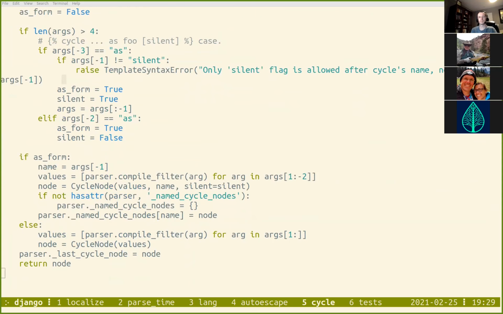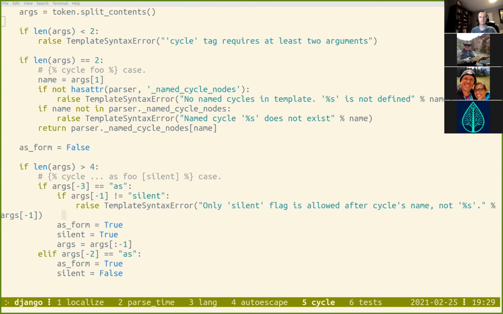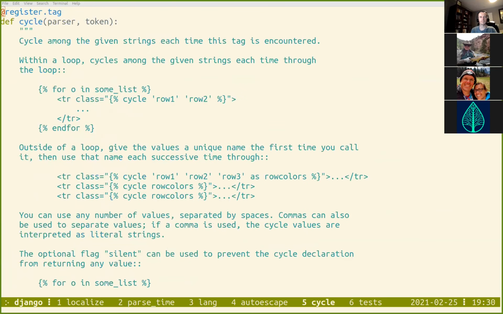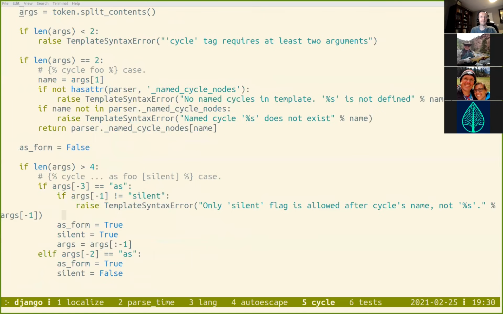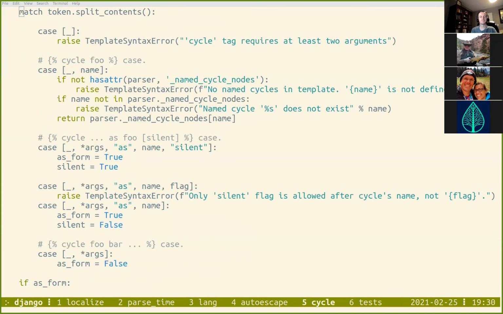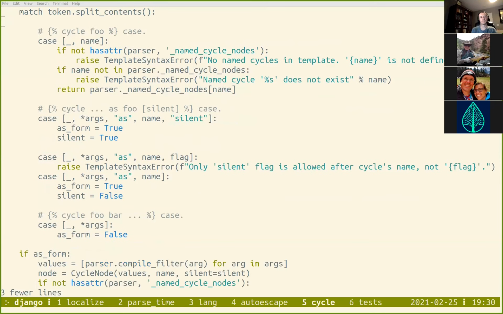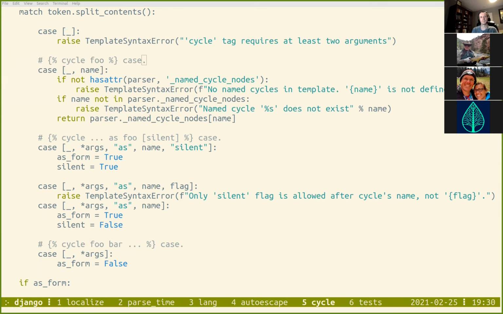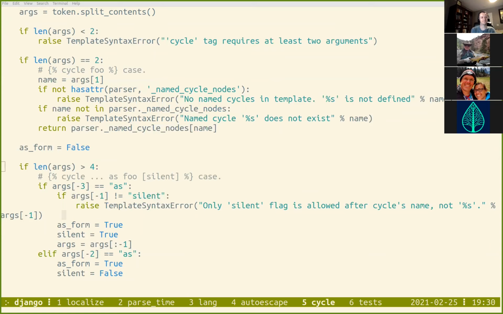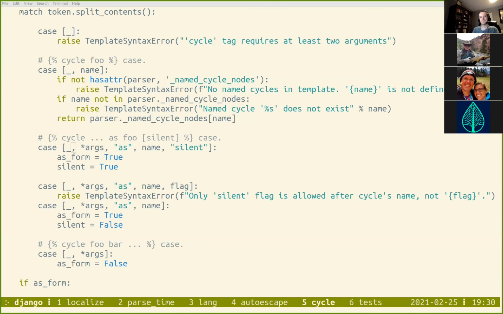So in match case, the thing that changes is basically this whole else, the if checking up here. It looks like this. We can say, like we were doing before, if there are less than two things, meaning there's really just one thing, we have our error case. And we could have put that at the end, in fact. It doesn't matter where this goes, because matching two things is never going to match this. So matching two things, grabbing the name, that's a pretty simple case. When it gets weird, though, is when you get more than four things. So more than four, that's where you've got a whole bunch of things you're cycling through,